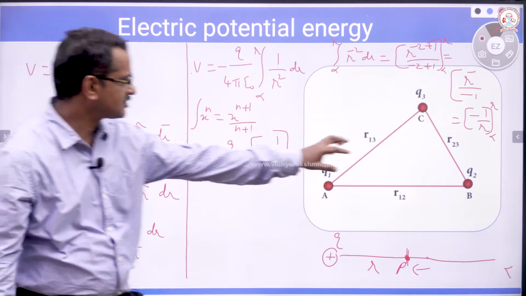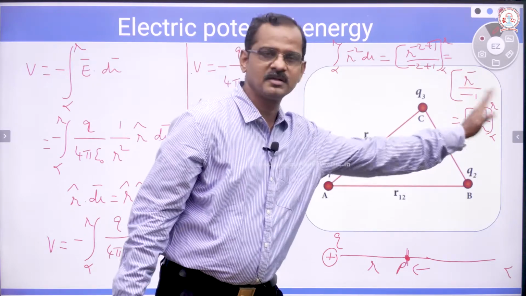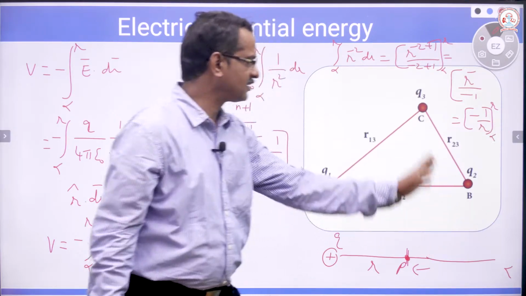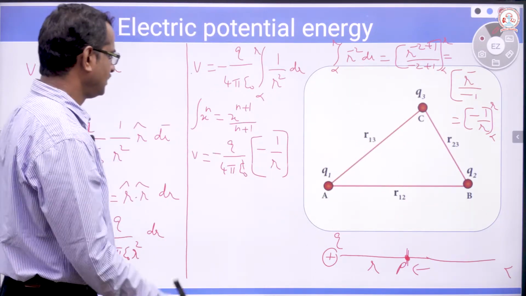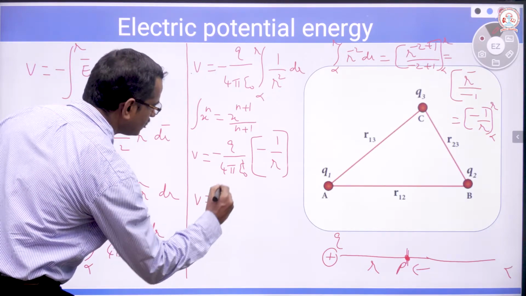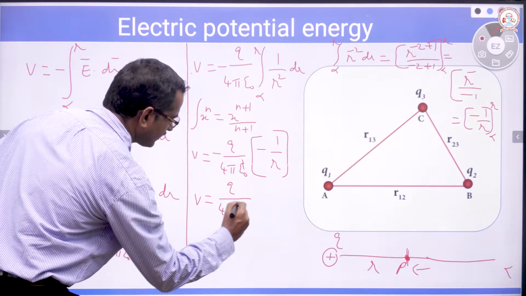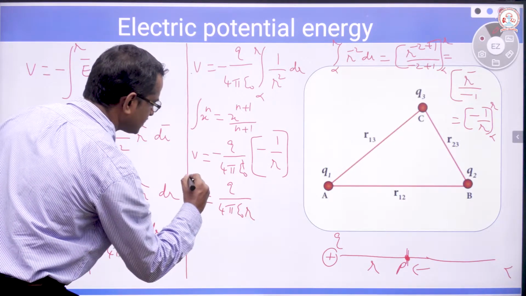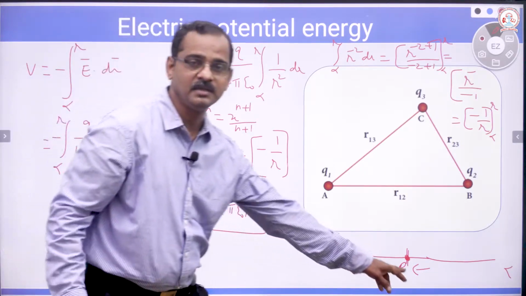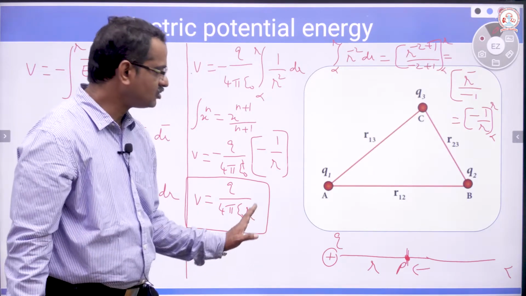So, if we substitute the values, first we have to substitute the upper limit value, and then the lower limit value must be subtracted. Then we get minus 1 by r minus (that infinity factor we can omit), so we get minus 1 by r. Then V equals minus into minus plus, Q divided by 4 pi epsilon naught r. So, this is the equation to calculate electric potential at the point P due to plus Q. This is the amount of work done.